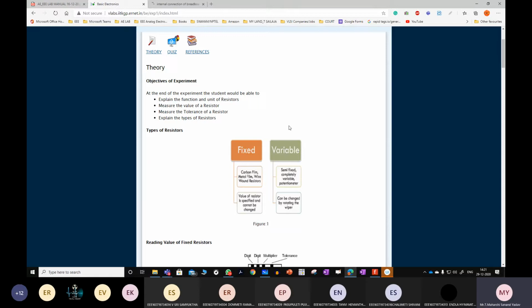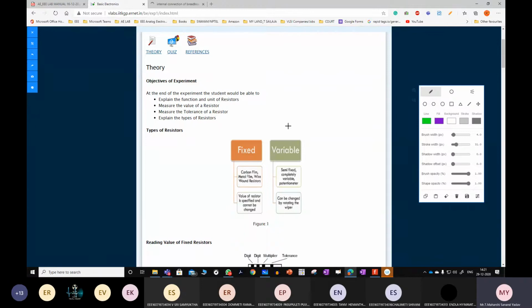Yes, sir. See, types of resistors. In this also there is fixed as well as variable. What is the difference between these two? What is fixed and what is variable? Variable is changing. Okay. And this is fixed. Under fixed you can see carbon film, metal film, wire wound resistors. Whereas in variable, there are semi-fixed, completely variable, or else potentiometer.